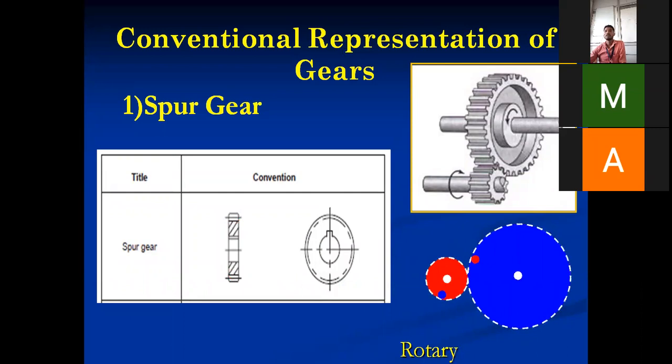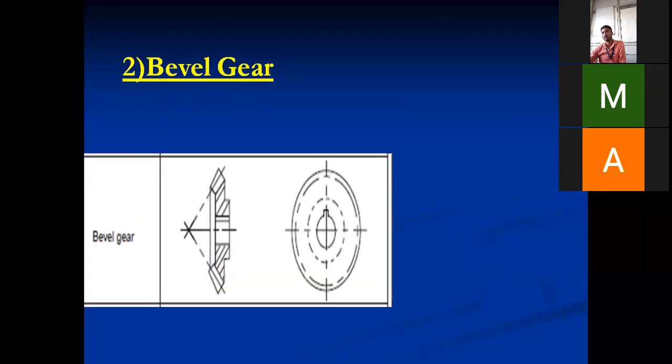Then the pitch circle: the imaginary circle along which the gear rotates is called the pitch circle. Then shafts are connected with each other, which will have opposite movement. Then, the larger the diameter, the smaller the RPM, like this. Further, next one now,